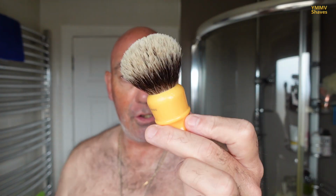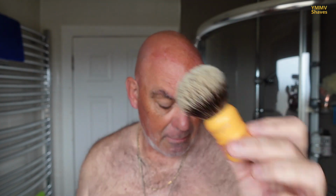The brush is a badger brush. It's a Maseto 24mm high density. I think this is finest, what they call finest. There's no standard for badger brushes, is there? So